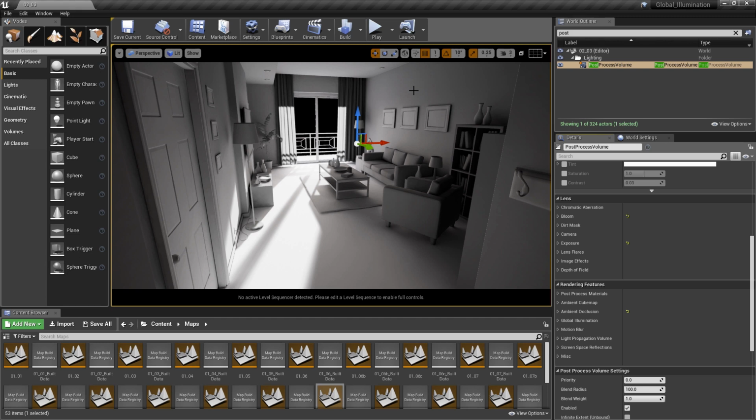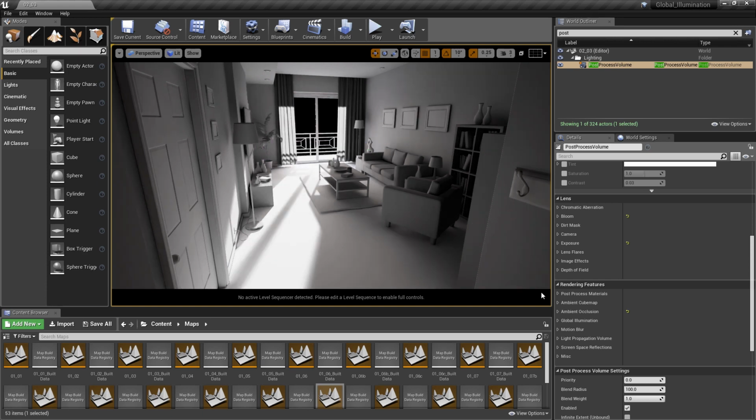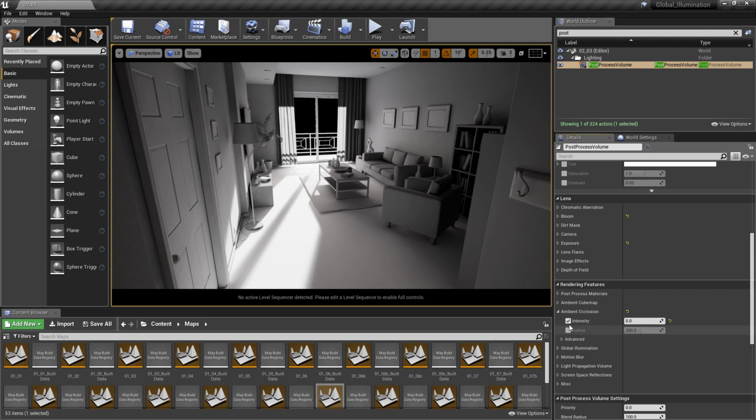Our O2_03 level is, at this moment in time, being lit with both a directional light and a HDRI, and has essentially had the screen space ambient occlusion option turned off by virtue of setting its intensity value to 0 in the post-processing volume. Indeed, in the first bake of the lighting that we are looking at now, if we